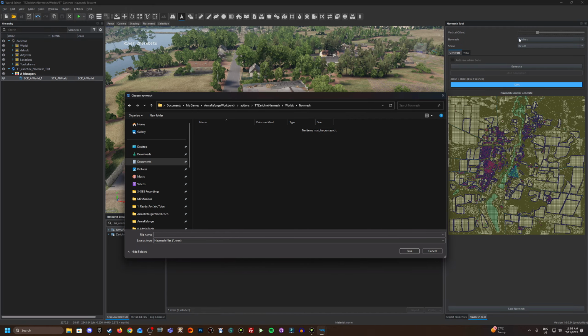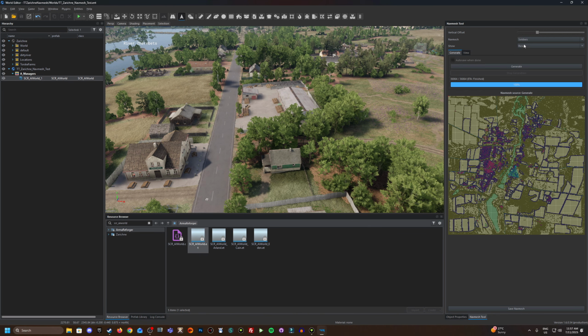Like I selected this up here earlier, so I remember what I was actually generating. I'm going to call it TT Richly Navmesh, what do I call it? Soldiers. I'm just going to copy this path so it's easy to find later. And then save. Now what I'm going to do, BTR like, so I'm going to go generate, change this to